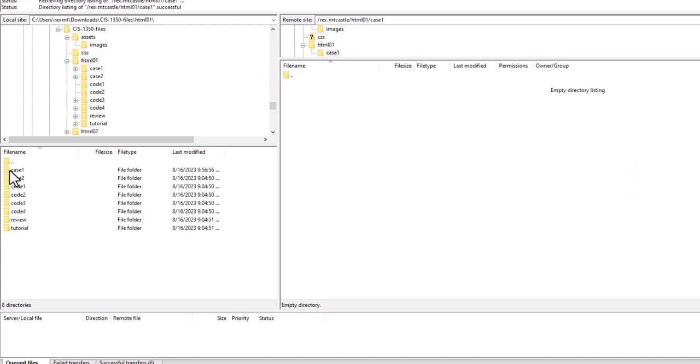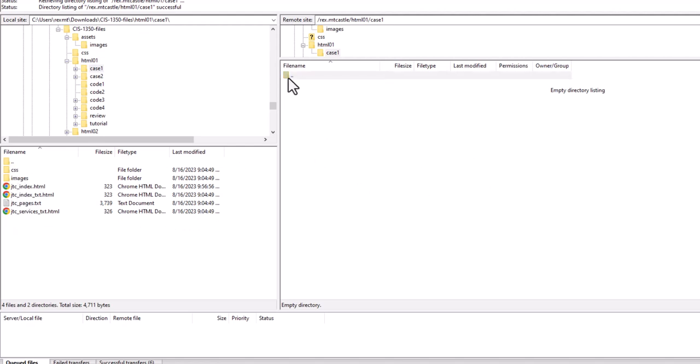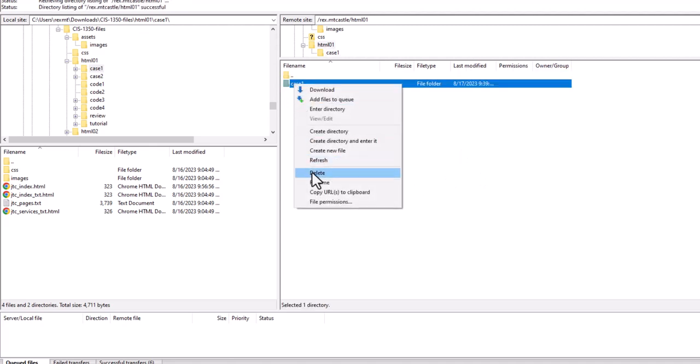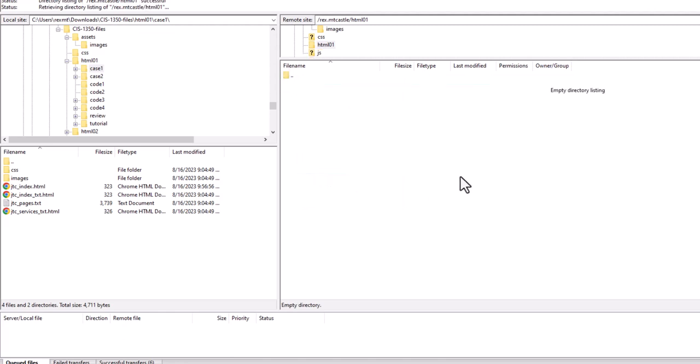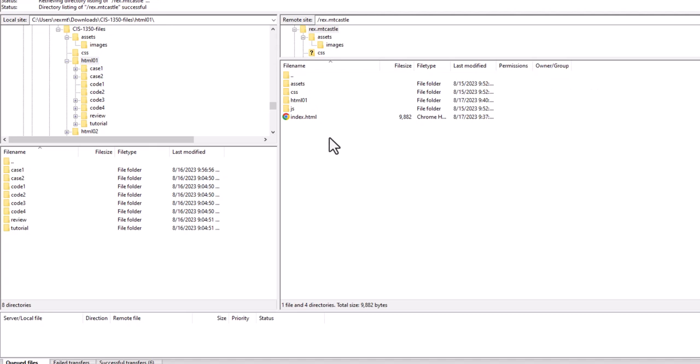So now I can go into here, and now I can grab all these files and drag and drop them over here on the server. The other thing that I could have done is, and I'm going to delete this, if you hit the 2 dots, it goes back 1 subdirectory, same thing on the server. So if I hit 2 dots here, so now that I've got this HTML1, if I happen to go into